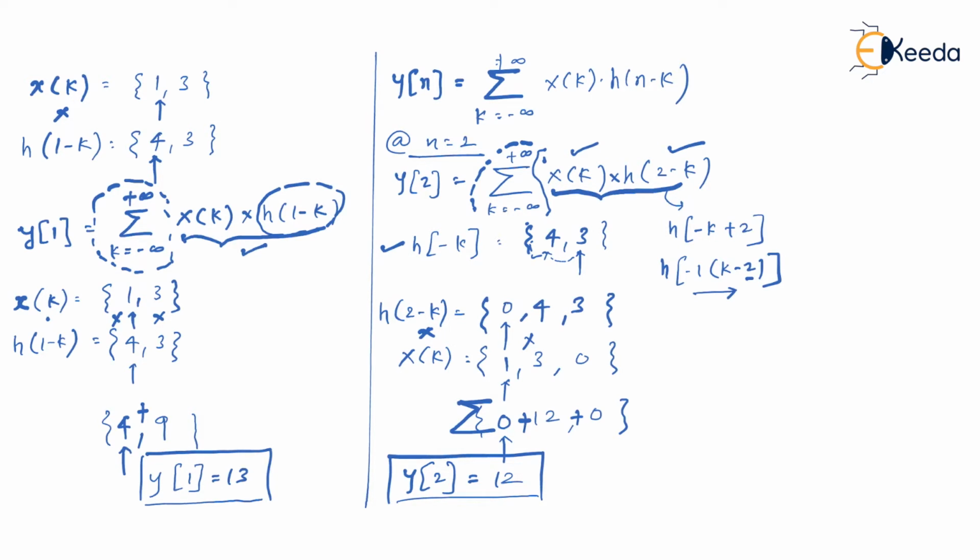Now the problem is this method is quite lengthy. The reason why I'm saying lengthy, because here only y of 1 and y of 2 is asked. What if I want to calculate whole y of n? In that case number of samples will keep on increasing. The mathematics complexity will keep on increasing, and it is quite a lengthy method. When it comes to GATE examination, I always say that you have to save your time, and to save time we should know an alternative to this method.